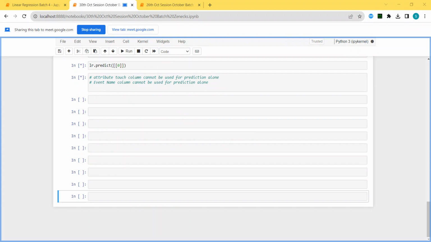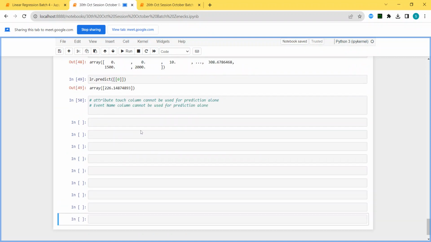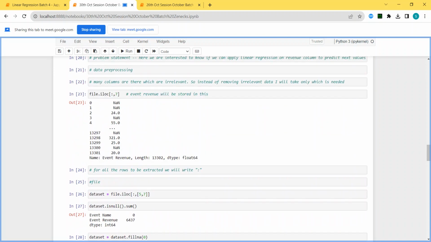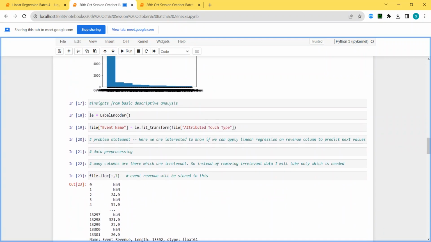Yes, Rita. This is why you should not make the changes in the existing file. This is also a good example for maintaining your files. You should always maintain your files one below one. Do not make the changes right in the same file. Otherwise, you will get confused. Okay.